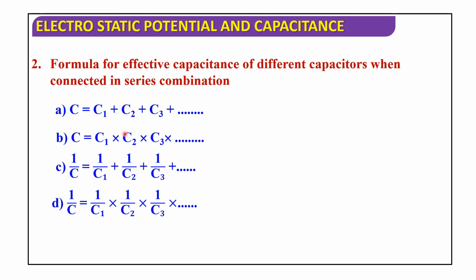So, the formula for effective capacitance of different capacitors when they are connected in series combination is 1 by C is equal to 1 by C1 plus 1 by C2 plus 1 by C3 and so on. So, the third option is